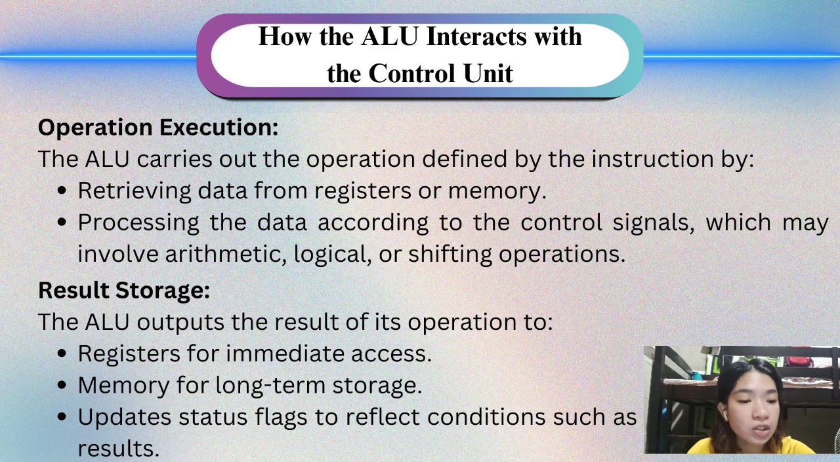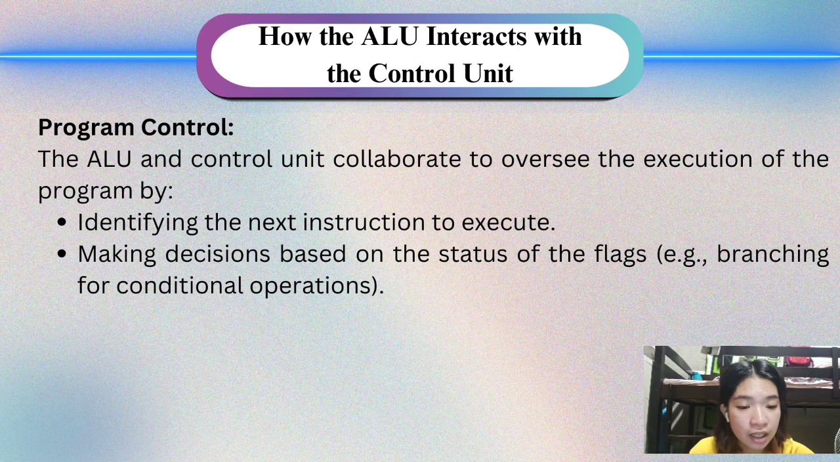And if the result needs to be saved for later use, it is written back to memory. This is essential for maintaining data persistence beyond the immediate operation. And the ALU also updates status flags based on the result of the operation. These flags indicate specific conditions such as the overflow flag, zero flag, sign flag, and carry flag, as I discussed earlier. So in program control, the ALU and control unit collaborate to oversee the execution of the program by identifying the next instruction,